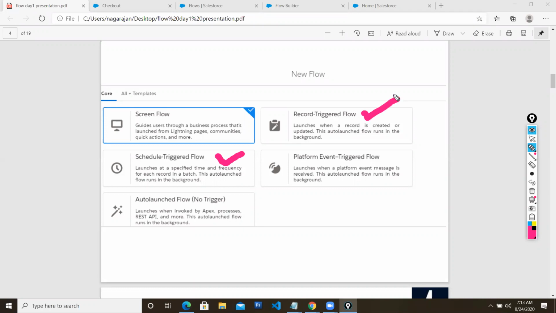This record trigger flow will happen when you are going to create a record. If before creating a record you want some functionalities to get executed, you can go for record trigger flow. And you can use platform events also in flows. So these are the new functionalities in this particular release.